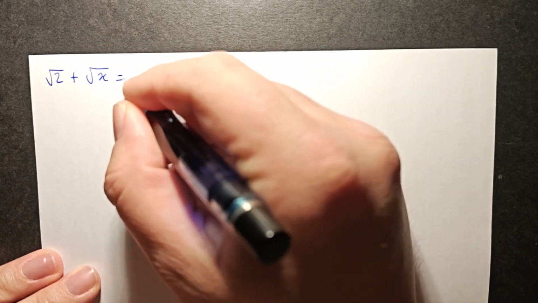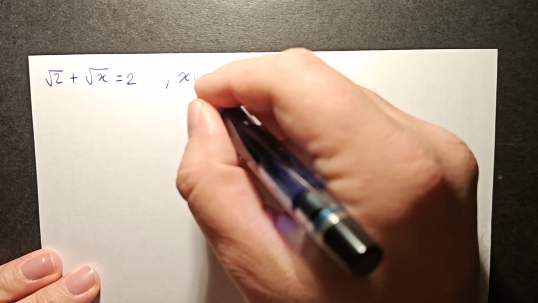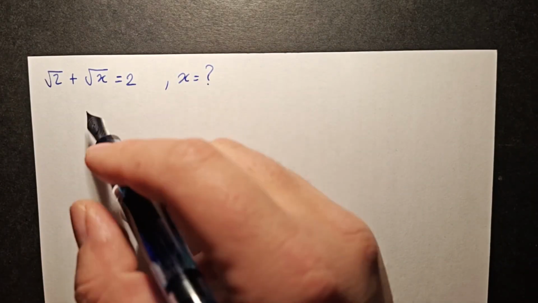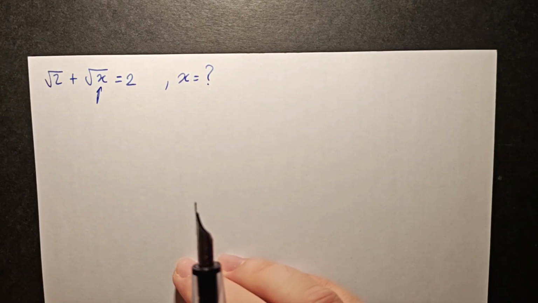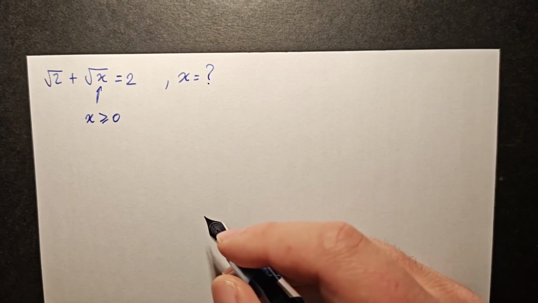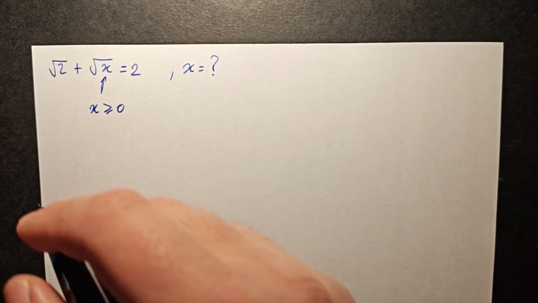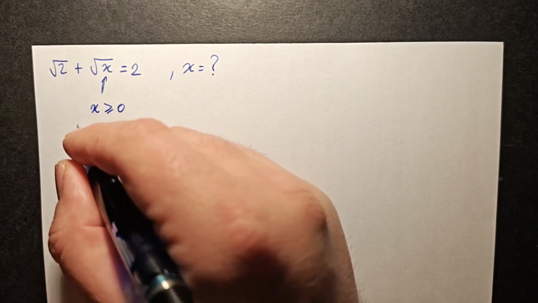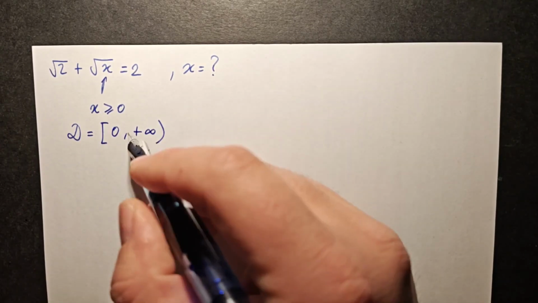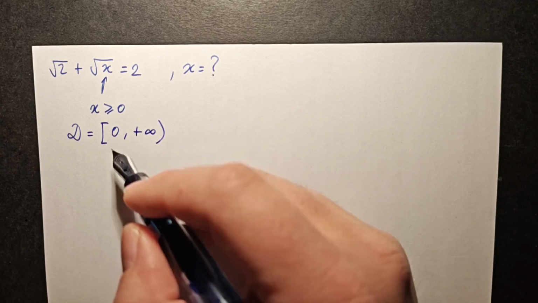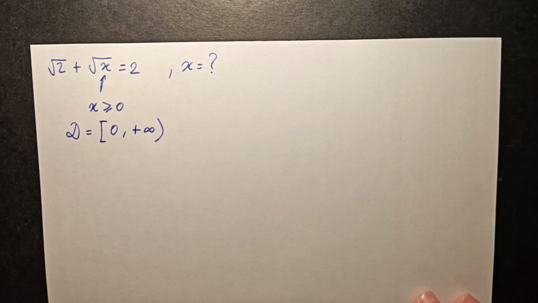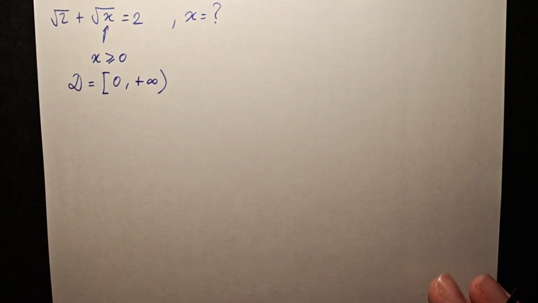The square root of 2 plus the square root of x is equal to 2. Of course, we are solving it for the variable x. In order for this square root to be well defined, x has to be larger or equal to 0. So the area in which our function is defined is the set from 0 to positive infinity, an interval where 0 is included. Now that we know our domain, we can focus on algebraic manipulations in order to solve these